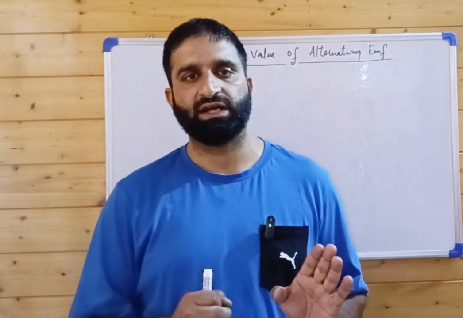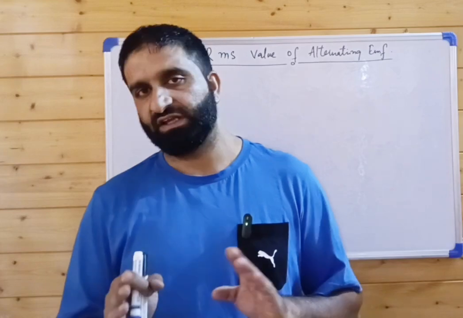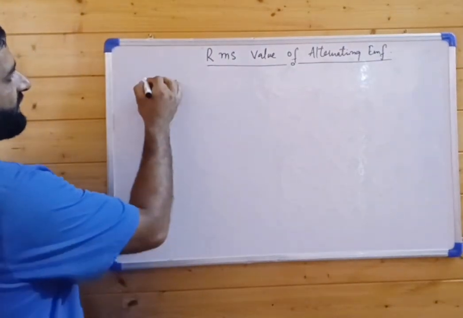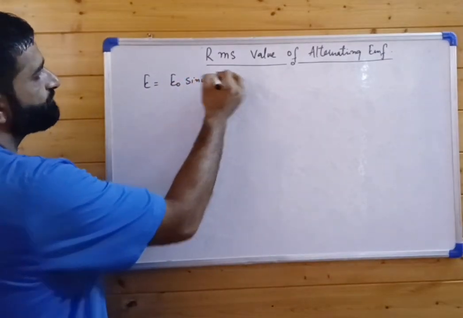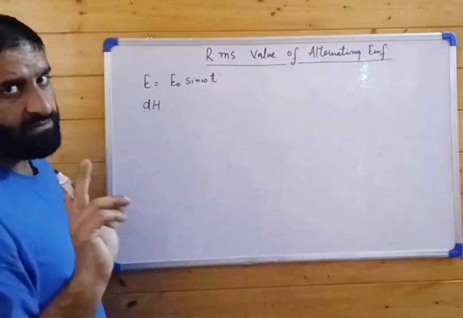Heat is produced in both cycles, whether the direction of current is from left to right or from right to left. Heat is produced in every direction. Now, if E is the instantaneous value of the EMF, that is equal to E0 sine of omega t. Now, if dH is the small amount of heat produced for a small amount of time,